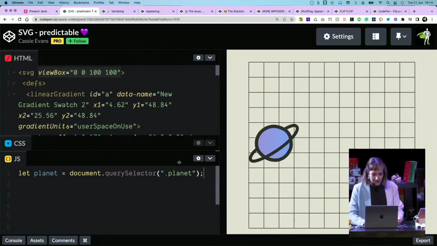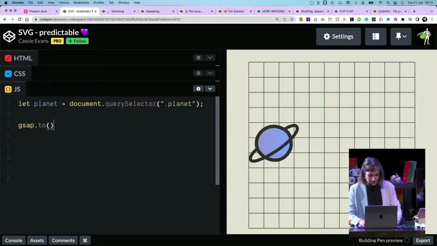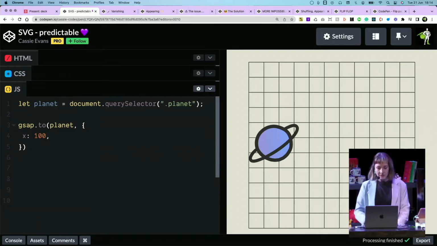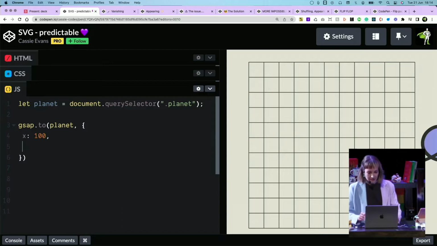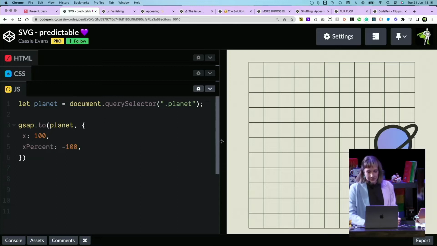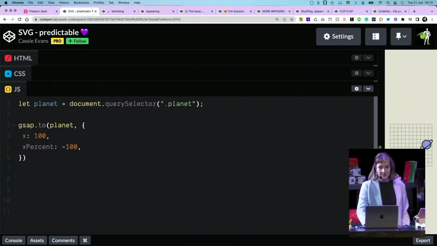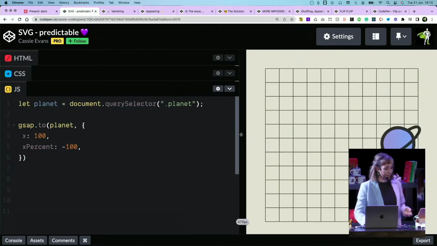And if we want to animate this little planet guy, we can just do a little GSAP tween, and we can say, hey, GSAP, get this planet, and then I want you to animate it over to the right. And that's the whole width of the SVG. And we can offset that a little bit so that it's right on the right side. But then that's the same no matter how small or how large that SVG is. It's just consistent and predictable.